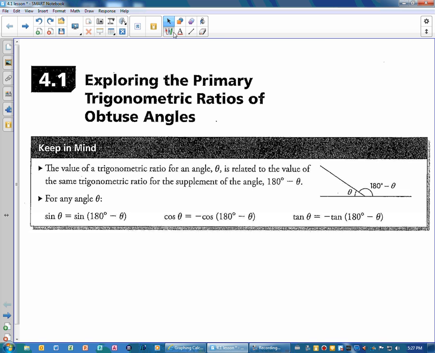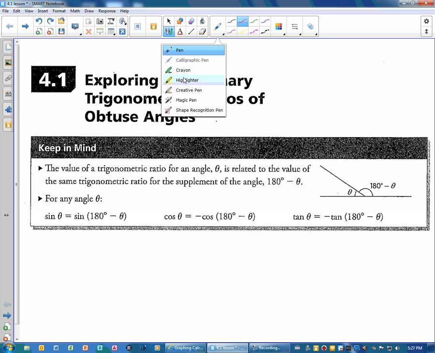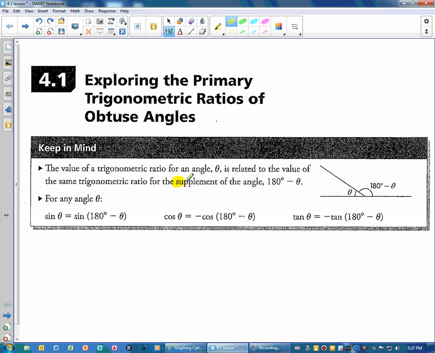Now, supplementary angles, those are angles that add to 180. So here they're showing you that whatever this angle is, this will be what's left over from 180. That's what they mean by supplement. But look down here, they've got the 3 ratios, and for any angle, the sine of that angle is equal to the sine of 180 minus that angle. So if we are talking about both ratios,